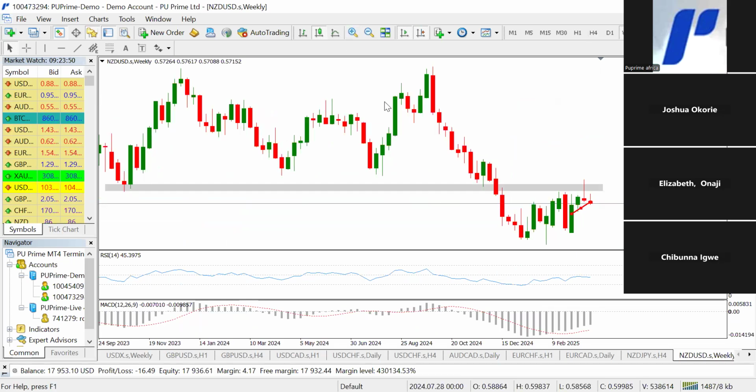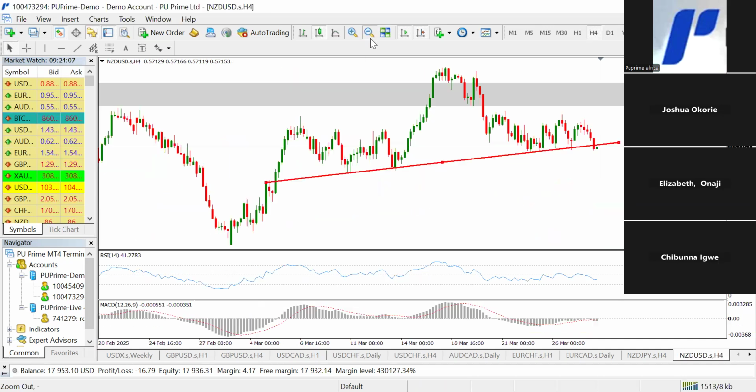So this is it on the weekly time frame. I want to refresh that analysis again. There was a previous support which became a resistance with a rejection candle from last week. So technically, we should have seen a bearish movement this week, but it took some time. But then the analysis is finally working out just as we gave it.